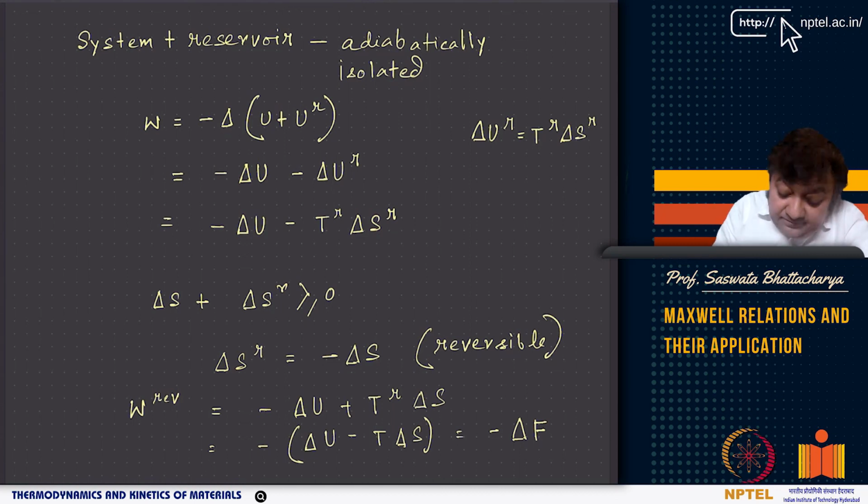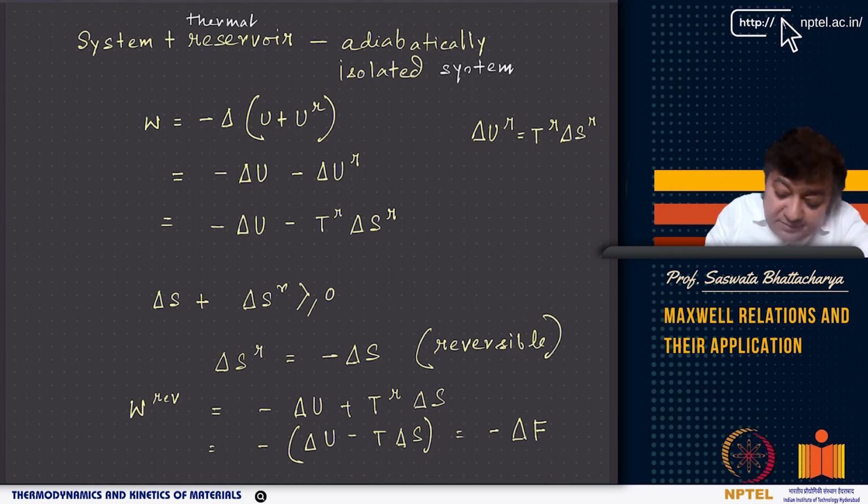This is a thermal reservoir, where we have replaced S with its conjugate variable T. Then system plus thermal reservoir taken together form an adiabatically isolated system,